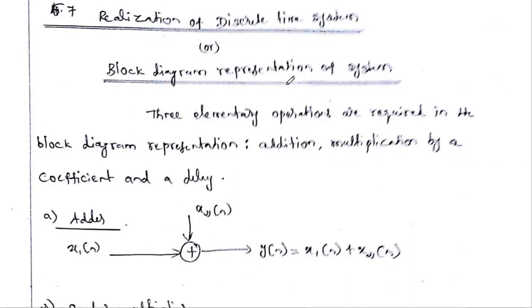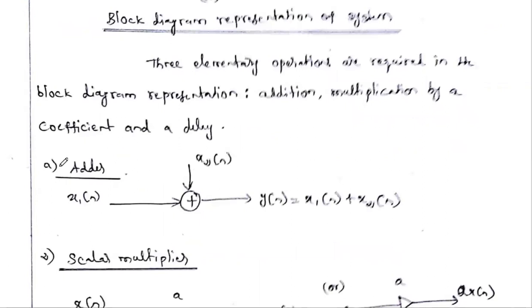You recall what elements are used in the representation of the continuous time system. In the third unit, we discussed the same topic. What elements are needed to draw the block diagram representation of the continuous time system? The first element is an adder. Similar to the continuous time system, in the discrete time system also we use an adder. The symbol for the adder is one circle, and within that circle we put a plus symbol.